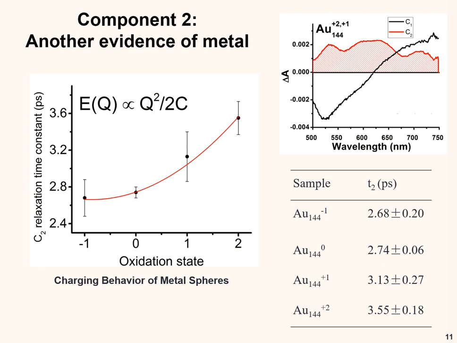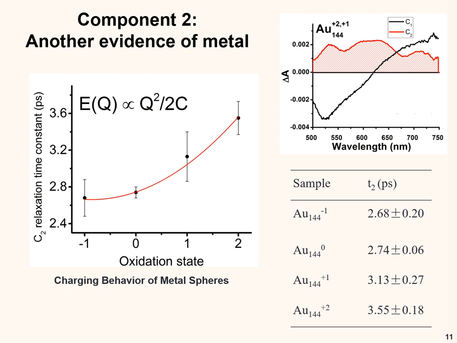What is happening here is that if we have a metal sphere, which doesn't have to be a nanoparticle, removing the first electron needs very little energy, but removing the second electron needs more energy. If we keep removing electrons from the nanoparticle, the energy required keeps increasing. The relation between the energy and the charge is a quadratic equation. Here, we believe that when we change the oxidation state, we are charging the nanosphere inside the core. By doing so, we are opening the energy gaps between the excited states.